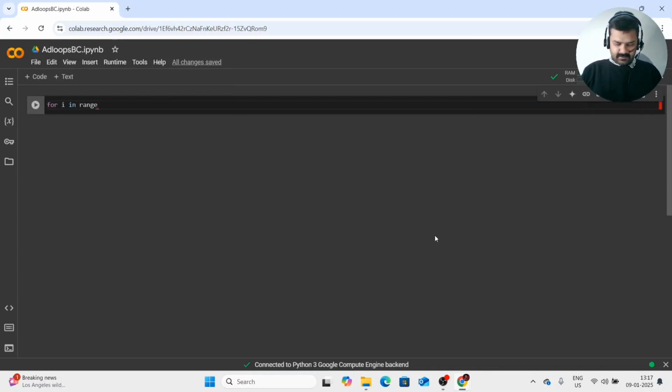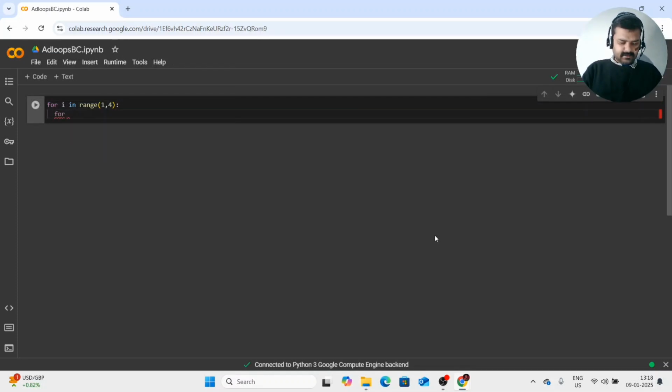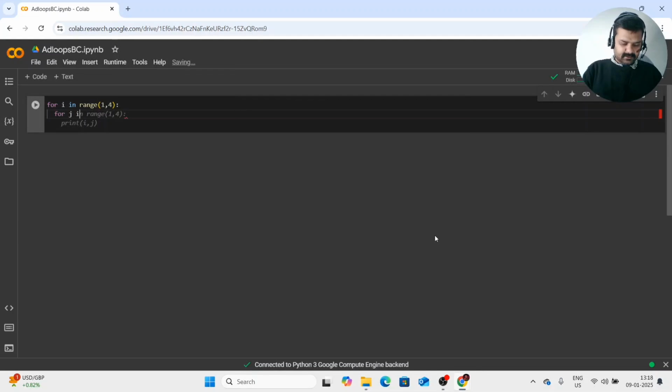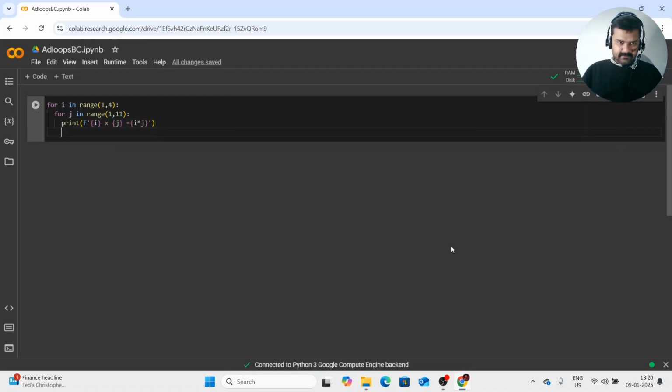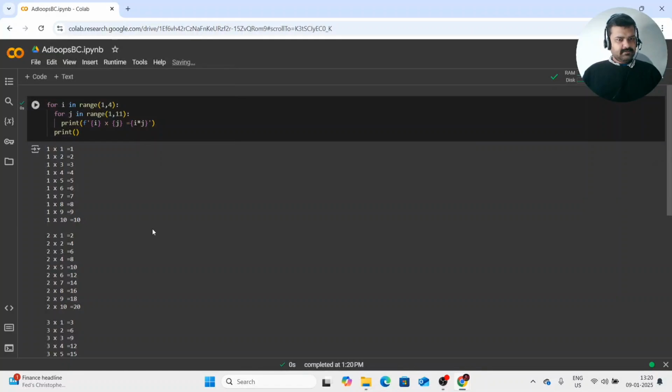We will use them to generate multiplication tables from 1 to 3. Here we are creating nested loops, taking care of the indentation, and we can use an f-string to print our multiplication table. Then we can see how efficient and helpful this nested loop is for us in a Python program. Now when we execute this code, we can see that we have the multiplication table of 1, 2